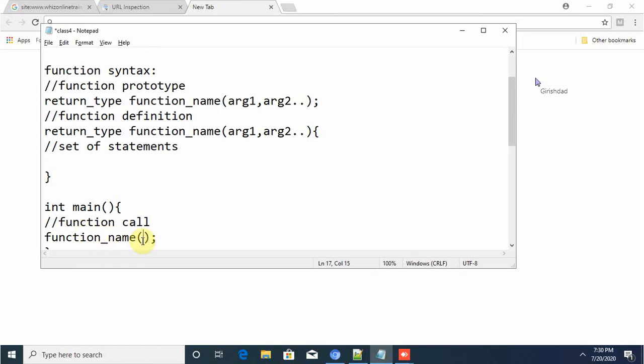You don't need to give the return type here. Here I have given a return type, which means integer or floating point return type, but the return type is not required during the function call. So these are the three parts we see in a function.